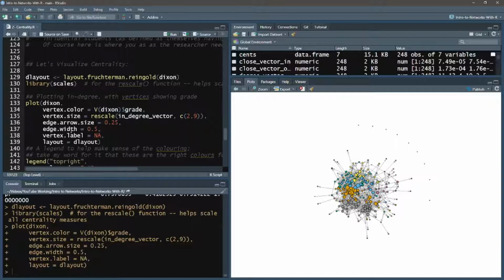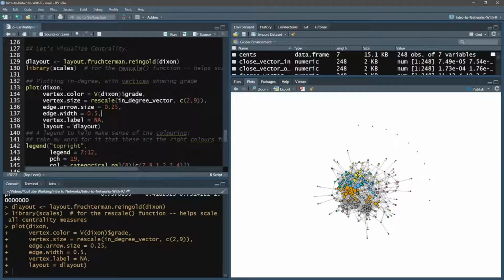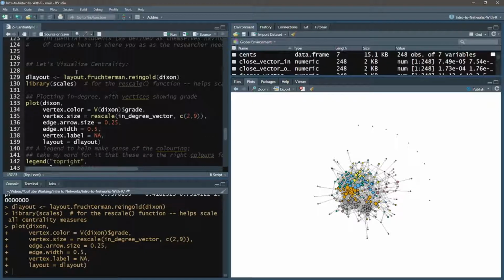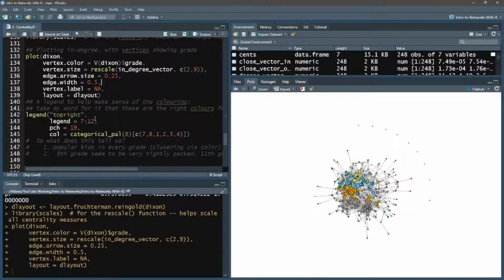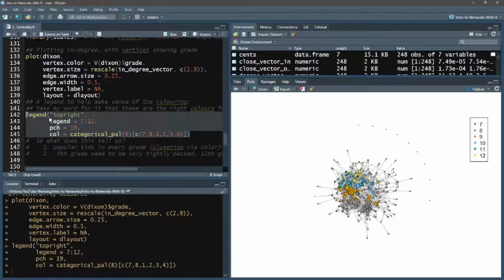Set up the arrow size and the width to how I want it, and set the vertex label to no, so we don't have a bunch of labels everywhere. And then the layout, you'll notice, was this layout here, where I specified with this function on that data set to be that layout. That's how we made that graph. And if I put in a legend, since we're just kind of using base R, we can build stuff without plus signs like we would use in ggplot. But I'll just put a legend on this one here.